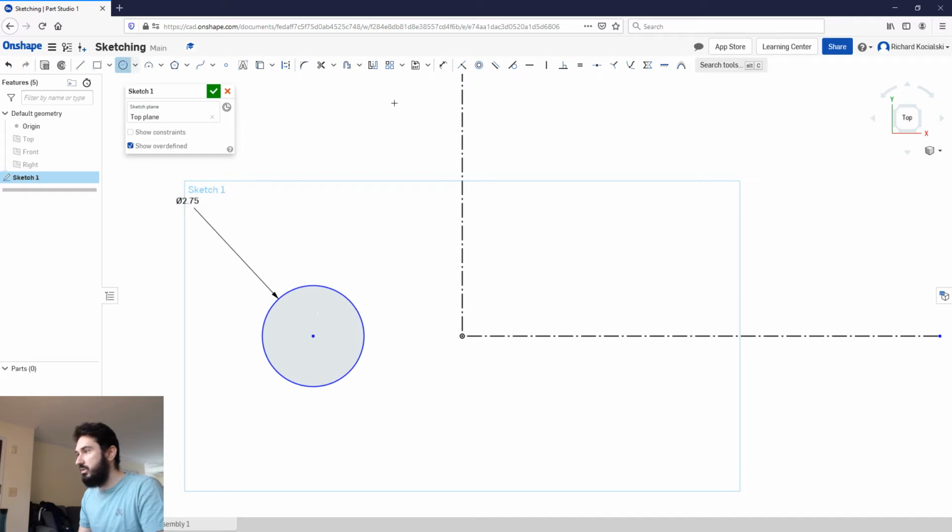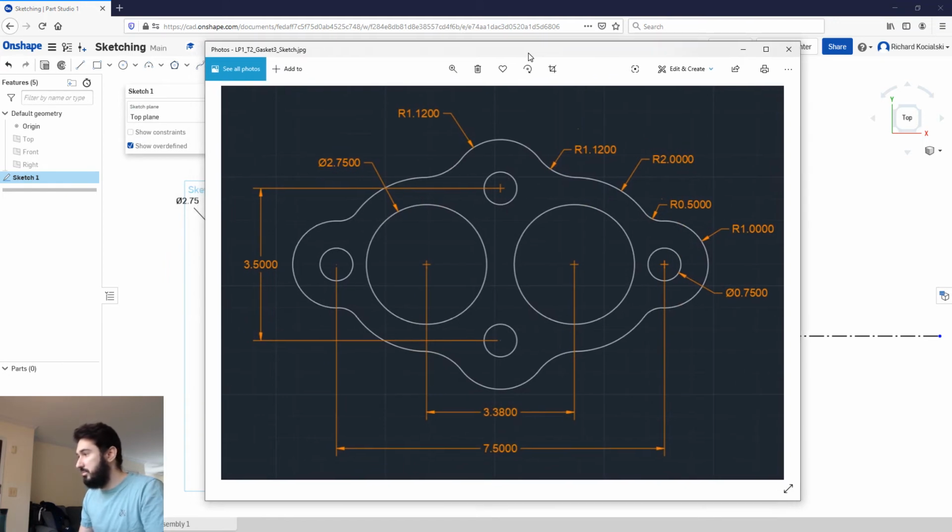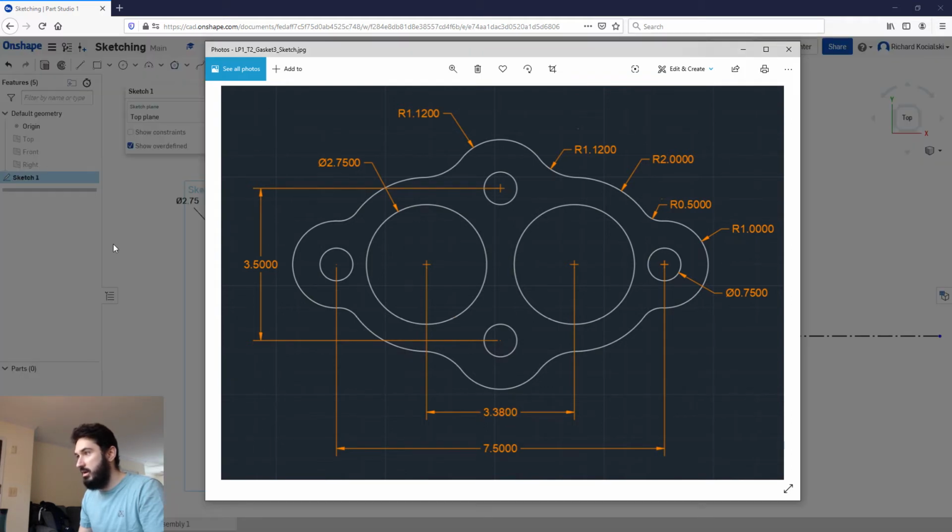Let's do another one. Actually, before I do that, let's put this center point the right distance from here. So let me bring this back really quick so you guys can see where I'm doing my math, right? So assuming these are spaced, right? So 3.38, and then why did my screen go dark all of a sudden? Interesting. So I'm gonna do this, and